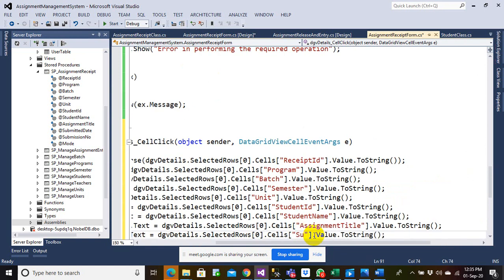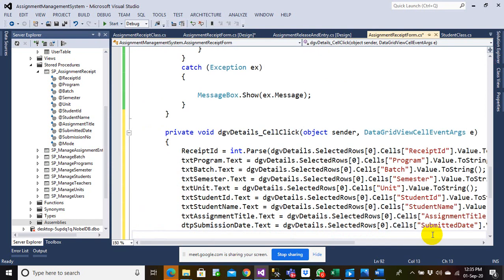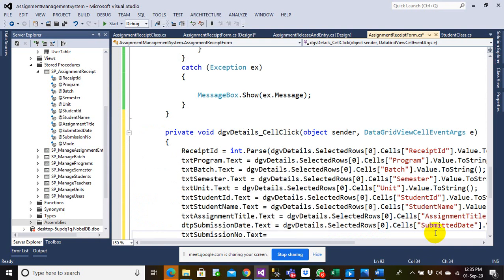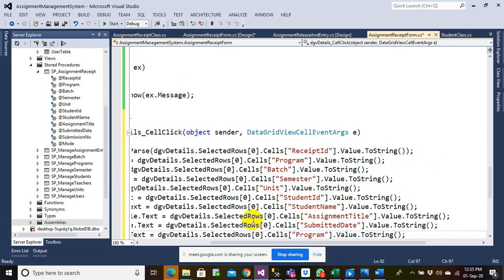So this is submitted date. And now submission number. That's the submission number.